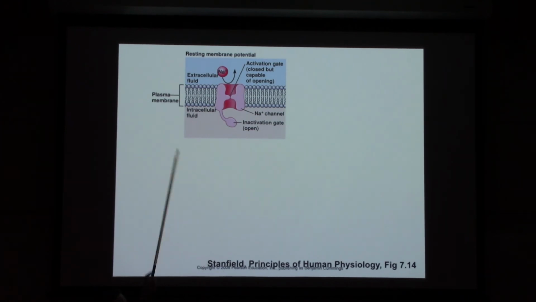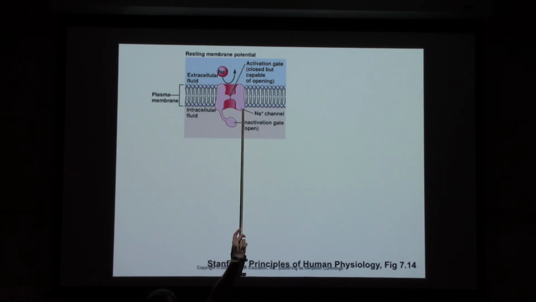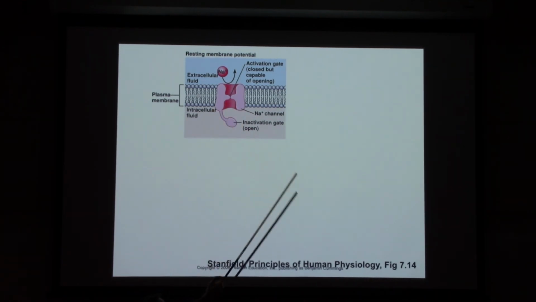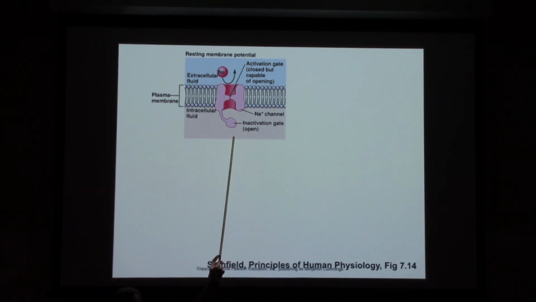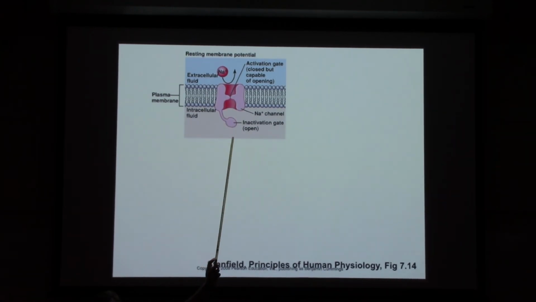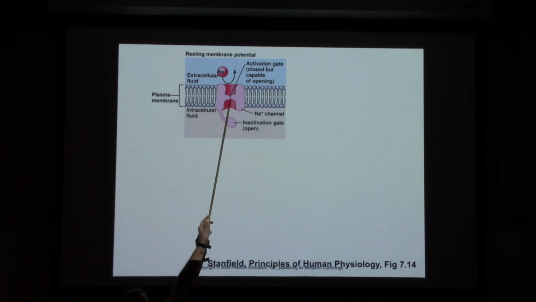So we've got our cell membrane. The blue on the top represents the extracellular fluid outside the cell. The brown on the bottom, intracellular fluid inside the cell. The red blob represents the sodium channel, the voltage-gated sodium channel. And we've got sodium ions outside that would love to diffuse in if given the opportunity. The inactivation gate is open, right? This little ball is not plugged in there, so it's open. It would let sodium go through, but the activation gate in the middle there is closed. No sodium gets through.